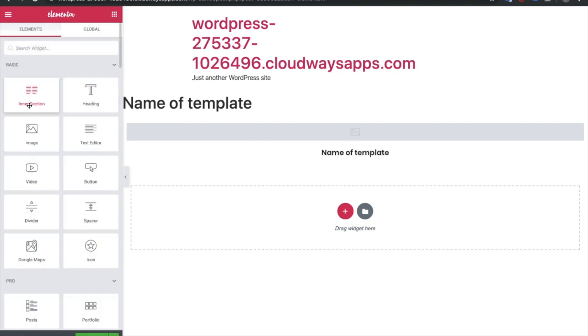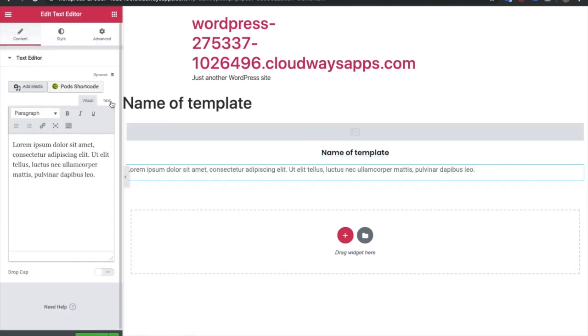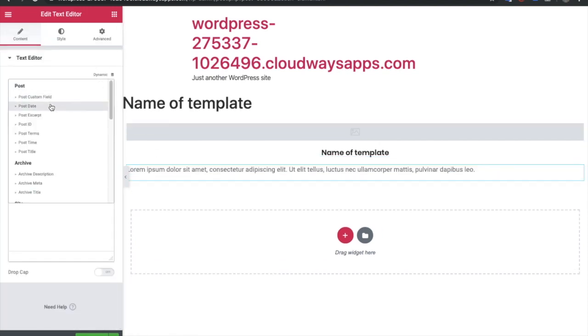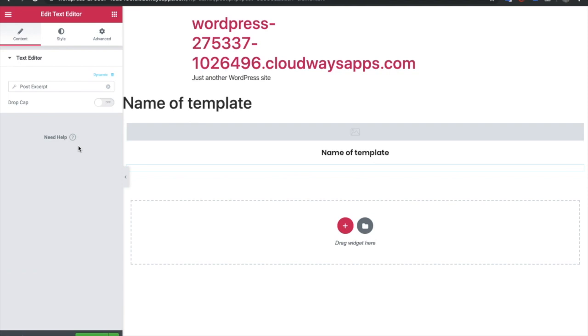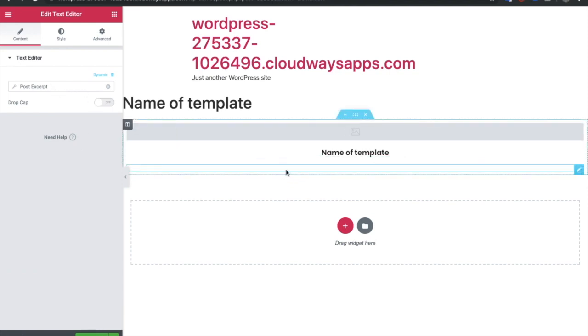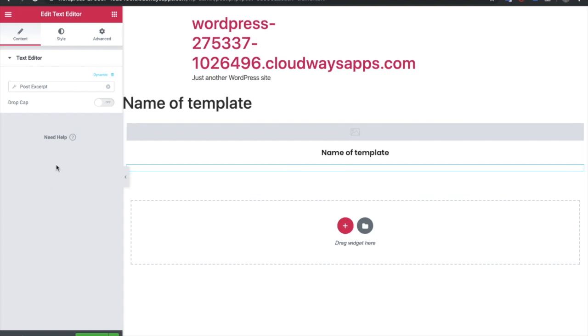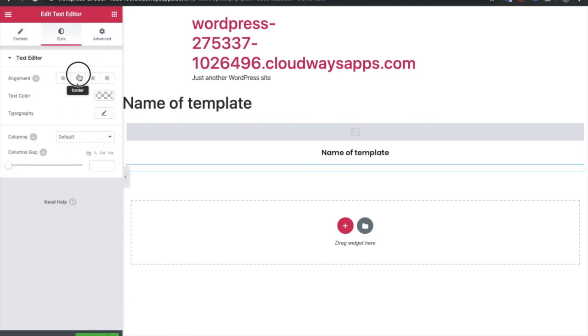Now we are adding the post excerpt here, so all the information about that will be visible over here. We'll make it align center and we are publishing it. Now if you want to use this template, you just need to go to